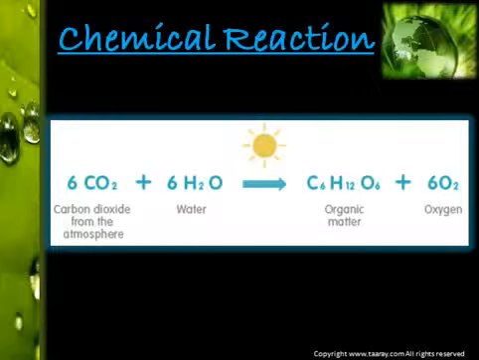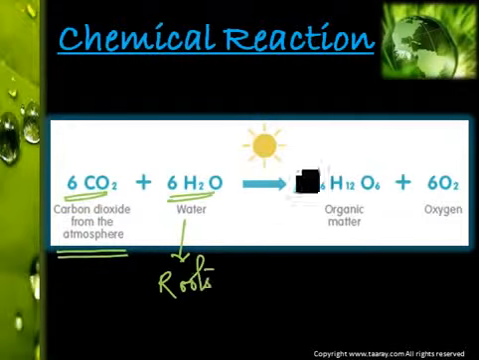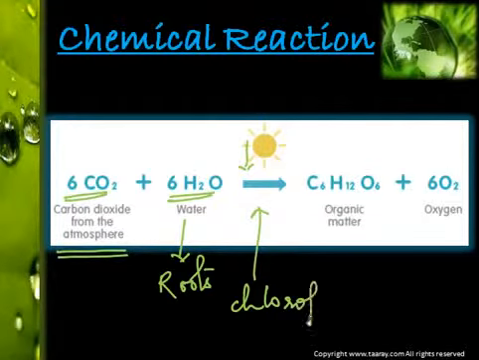Now we can also consider a chemical reaction for photosynthesis, as it is a biochemical process. Biochemical means bio, as it takes place in a living being, and chemical, as it involves chemical energy. So we can make the equation like this: 6 molecules of carbon dioxide from the atmosphere and 6 molecules of H2O, which is taken up by the roots, in the presence of sunlight as well as chlorophyll,